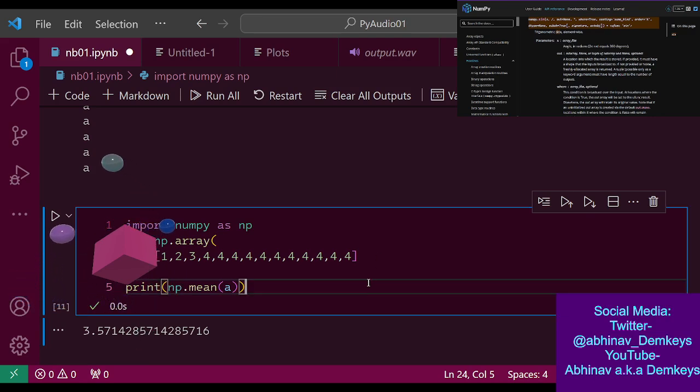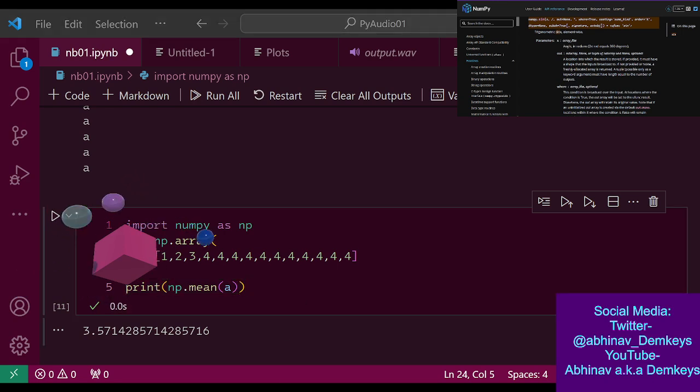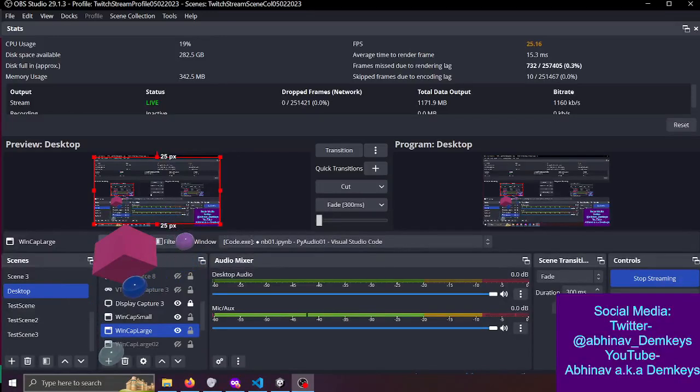So when I'm talking, imagine a decibel meter, right? When I'm not talking, the decibel meter will be pretty low. Oh, I could just switch to display capture and show you OBS. So that'll make it more clear what I'm trying to do. So I'm gonna turn on display capture and transition to that. Okay, real quick.